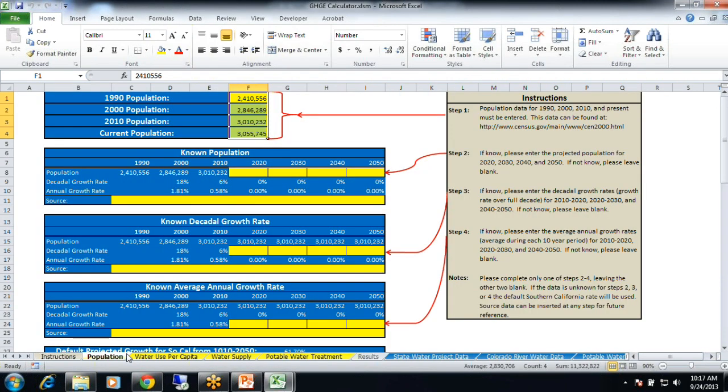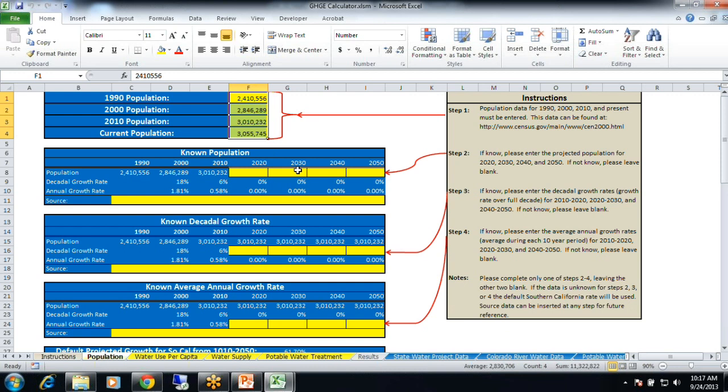So I'm just going to jump right into developing a baseline example, unless anyone has any questions, of course. No? Okay, good. So I have started out with some base population data. This set of data right here, population for 1990 to the current population, is the only data that is absolutely required in order to run the model. This is a set of data for Orange County. I just picked them because I have their population data.